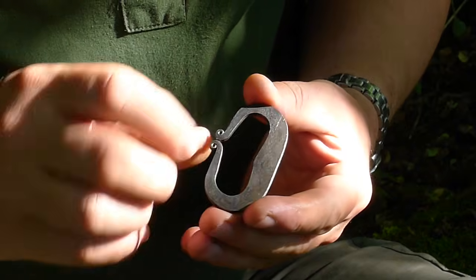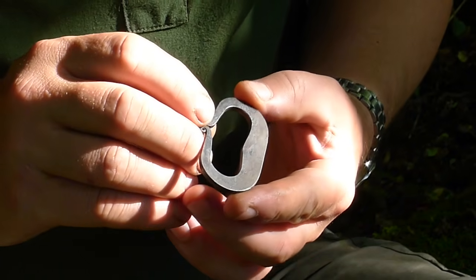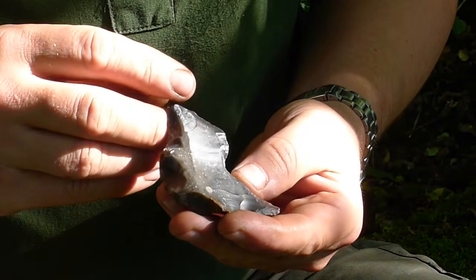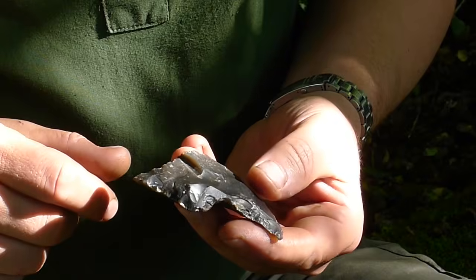So what we need is a traditional steel. This is a relatively small one. This is ideal for carrying with you. You can also get larger ones, and also a piece of flint, and you need a couple of sharp edges on that to keep you going. And if you look at this, when we strike,